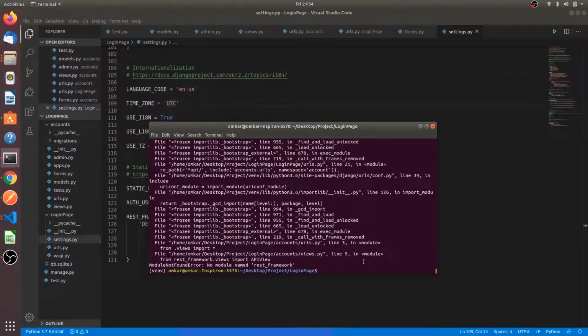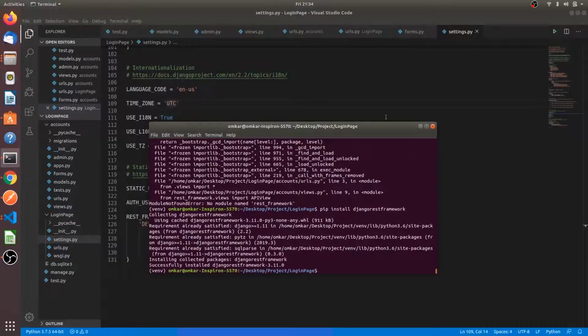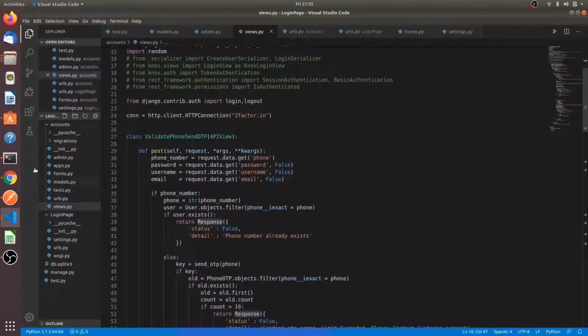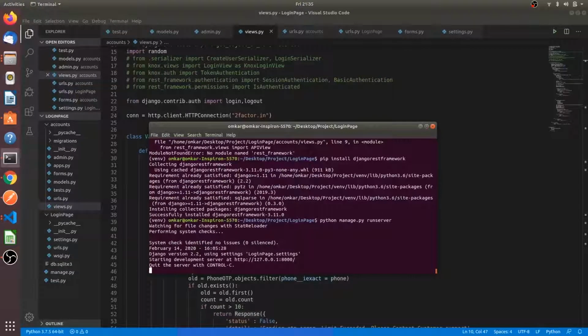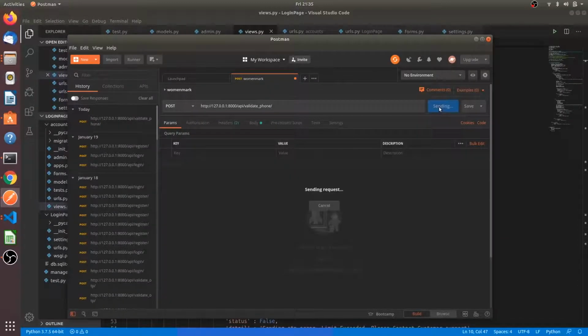So we have to install the REST framework module here. So pip install djangorestframework. Yeah, now it is installed correctly. Views.py again, and just run your code once again and check whether any errors are coming. Yeah, it's fine for now. So here I'm opening the server link and slash API slash validate_phone and checking what the response will be.